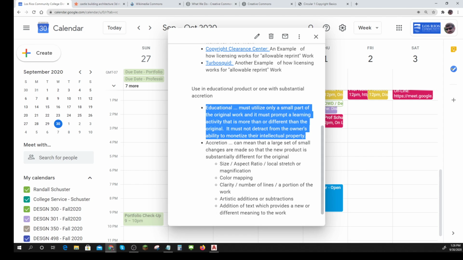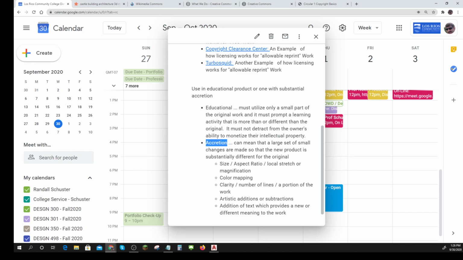Now, along with educational, often uses this accretion method, but accretion means when you bring lots of different things together to make a brand new thing. Okay? So a large set of small changes can be an accretion.